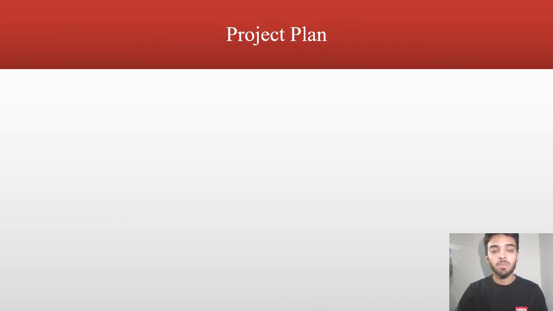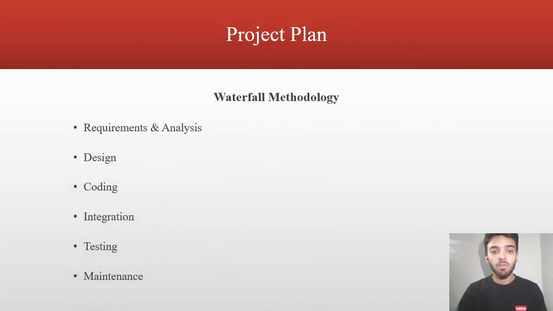Thank you, Rizwan. Now I'll explain the project plan for this project. We are using the waterfall methodology. It's basically a top-down approach. First of all, requirements will be collected and analyzed. Then the design document. After that, coding. All the members will be collaborating on that part. Integration will be done after the GUI is completed, and it will be less time-consuming. Then testing. Testing will be done in many ways, and an additional individual will be required to do that so that we can maintain our code.